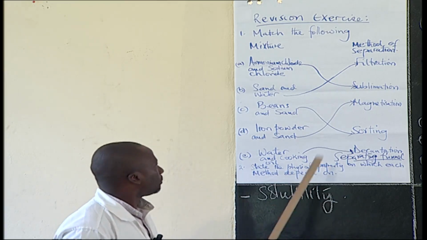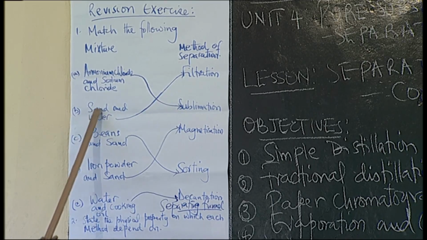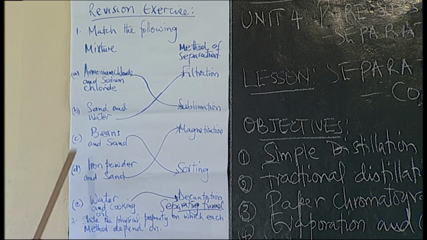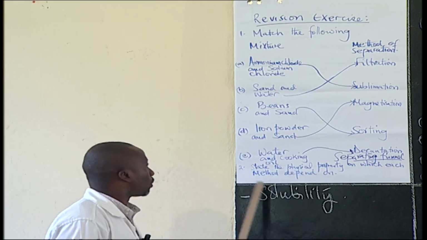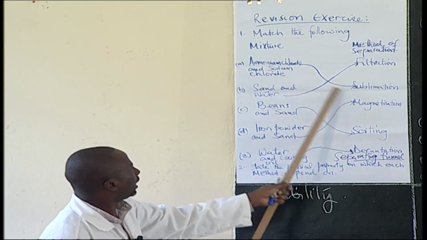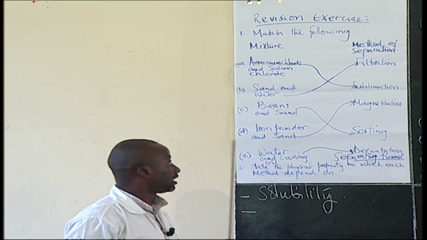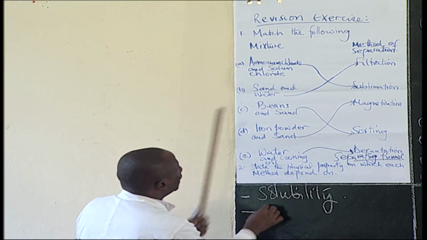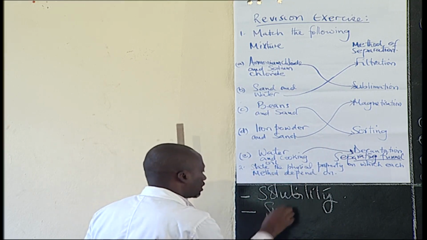Why the solubility? Because if we say sand and water, sand doesn't dissolve in water. So the physical property we are employing here is the solubility. Ammonium chloride and sodium chloride: we can state that one, that is ammonium chloride, undergoes sublimation,